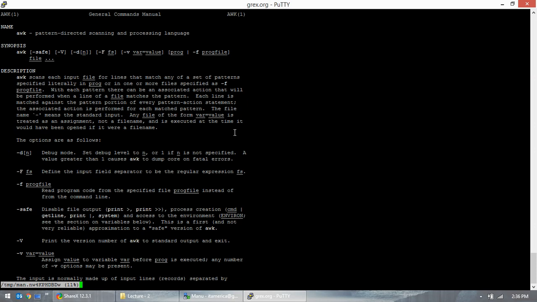AWK occurs, pattern directed scanning and processing language. How interesting. Now, this is supposed to work with the file section. If you want to scan a particular file for a pattern, let's say you want some words in a file, this gets into more detail into